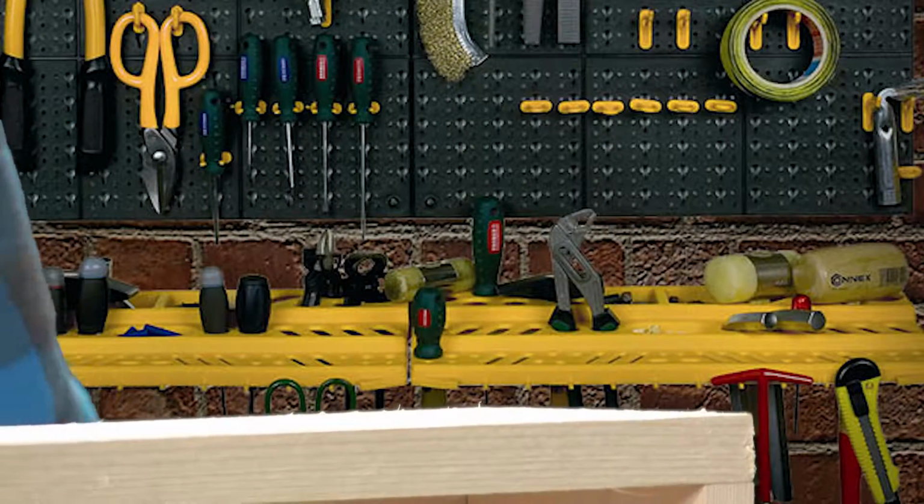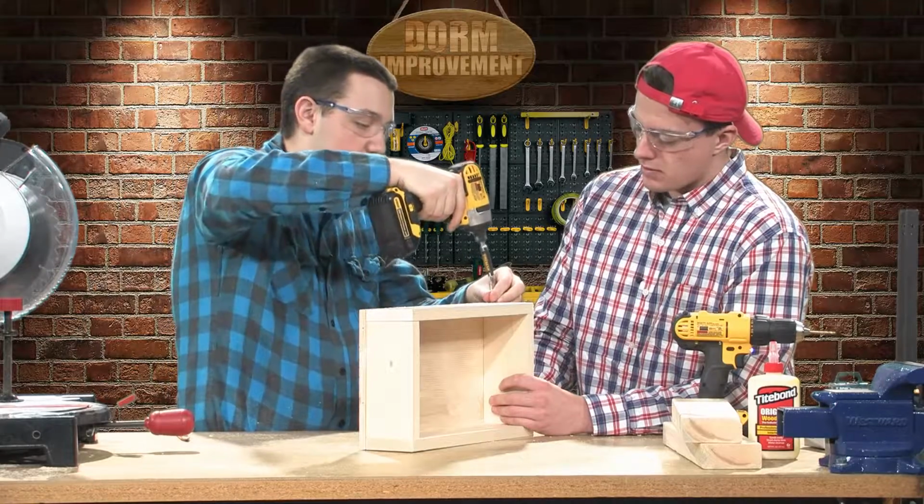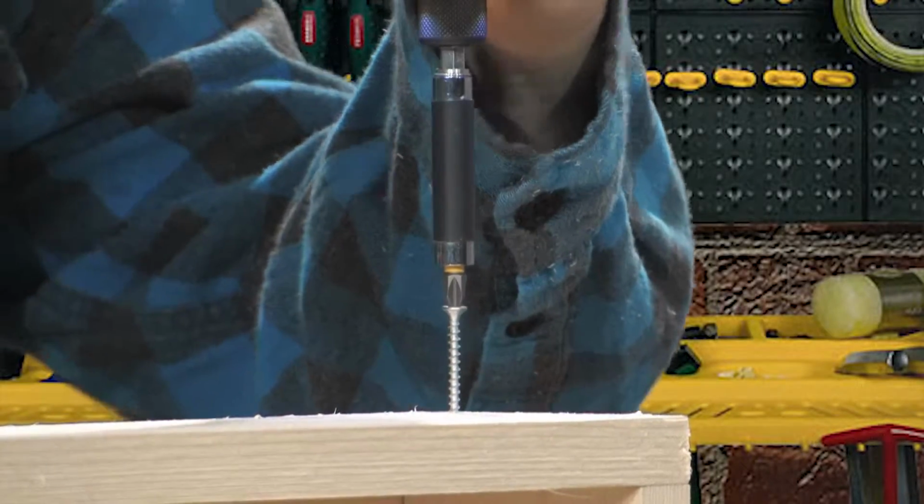We want to make sure that they sink into the wood just a little bit, because we're going to trim this box out a little bit. Joe, when you say flush, what do you mean? So there's different ways